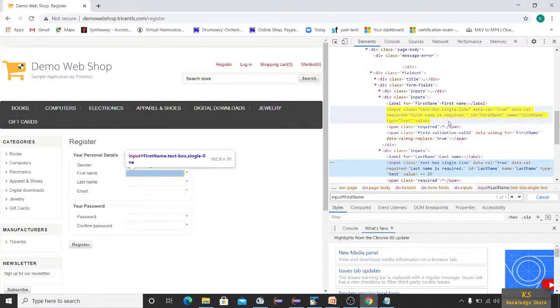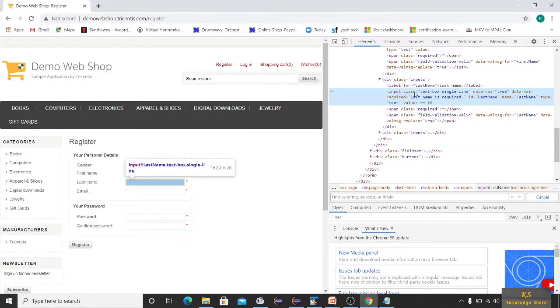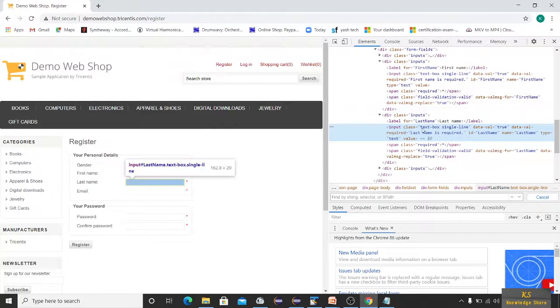Let me remove this first and select the last name, and you can see the class is text box single line, right? And if I take this as the attribute value with the dot, you will get two or more than two values. So let's see that.